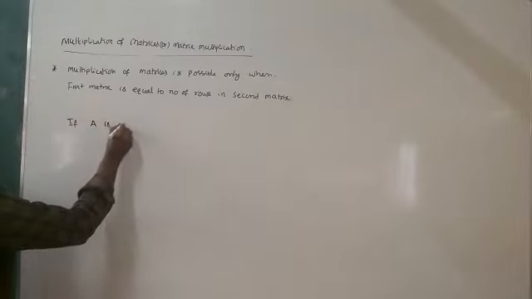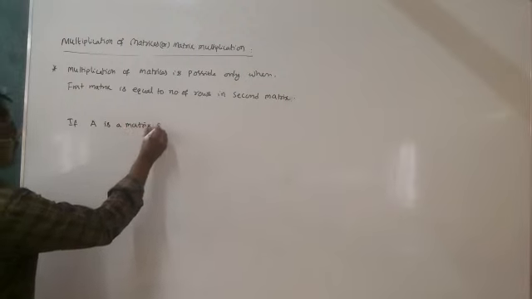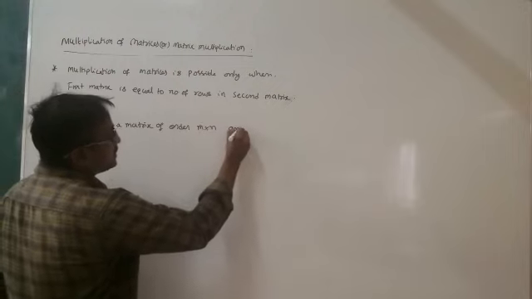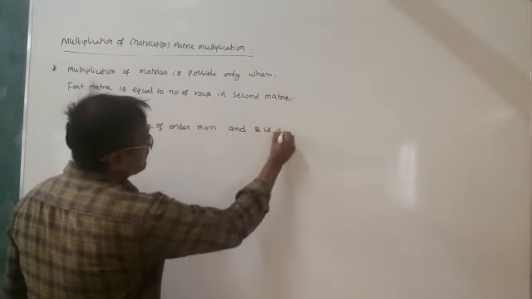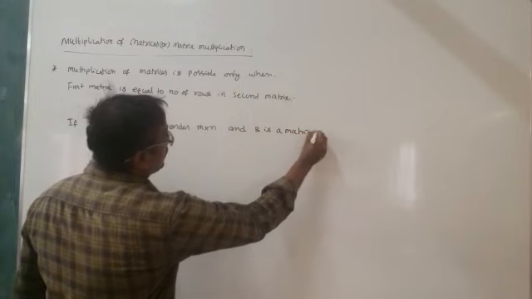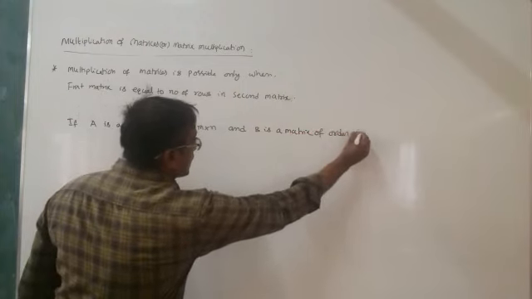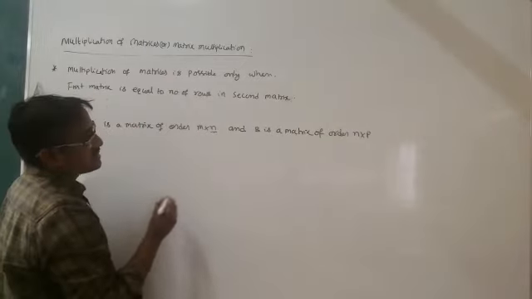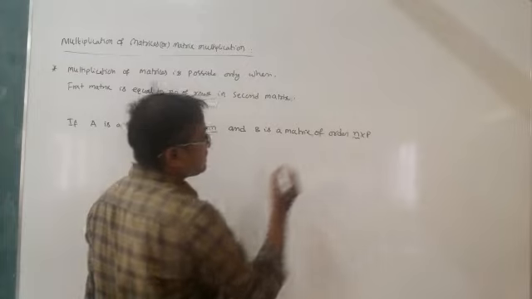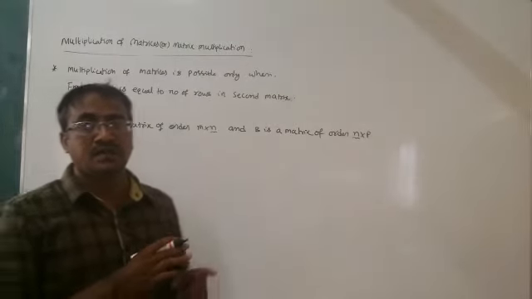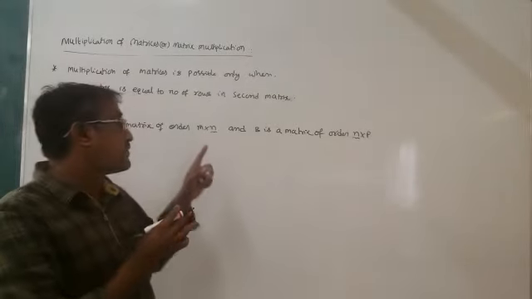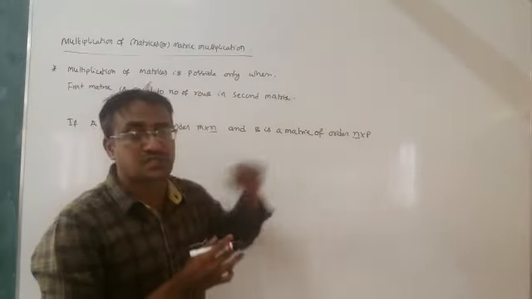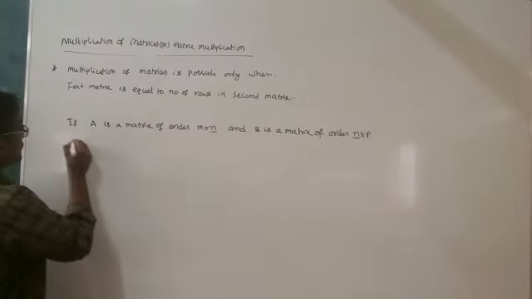Now, if A is a matrix of order m by n and B is a matrix of order n by p. Now you can observe that A is a matrix of order m by n and B is a matrix of order n by p. In this case, the number of columns in A is equal to the number of rows in B. Then